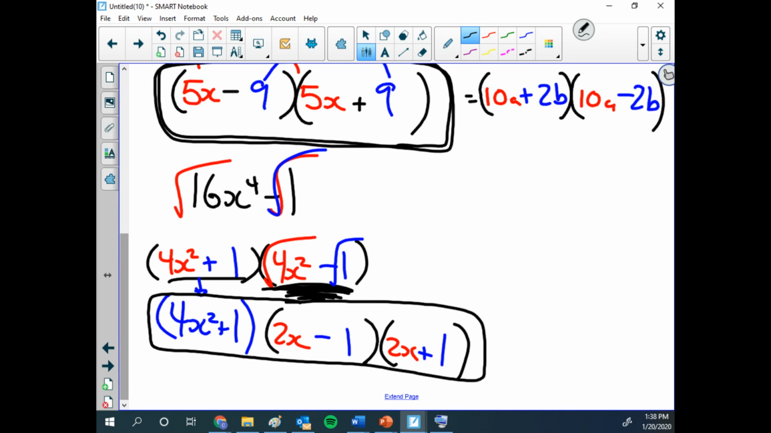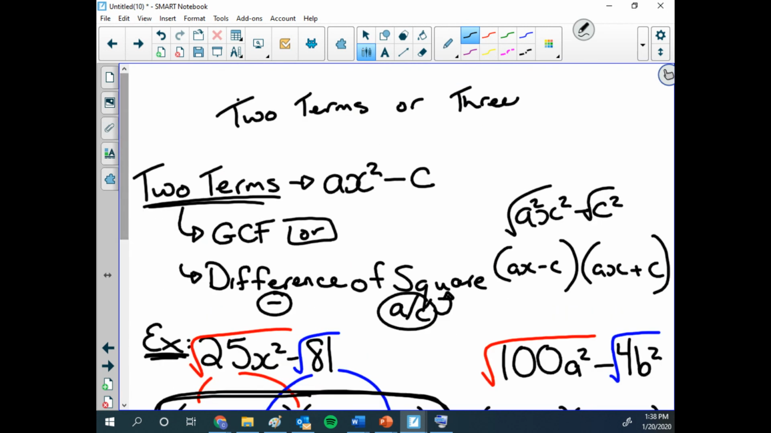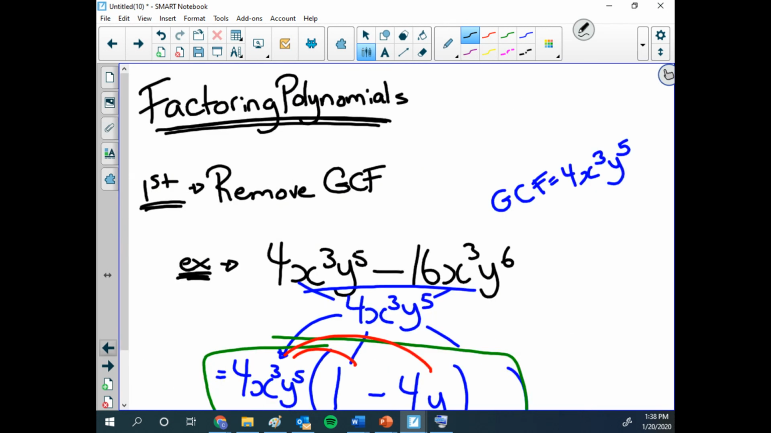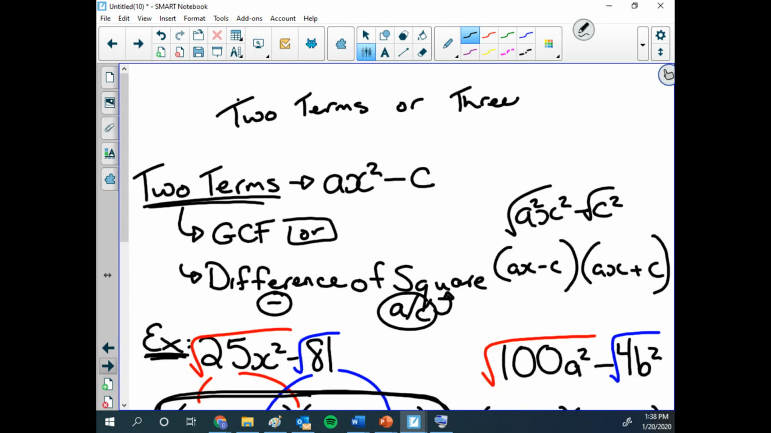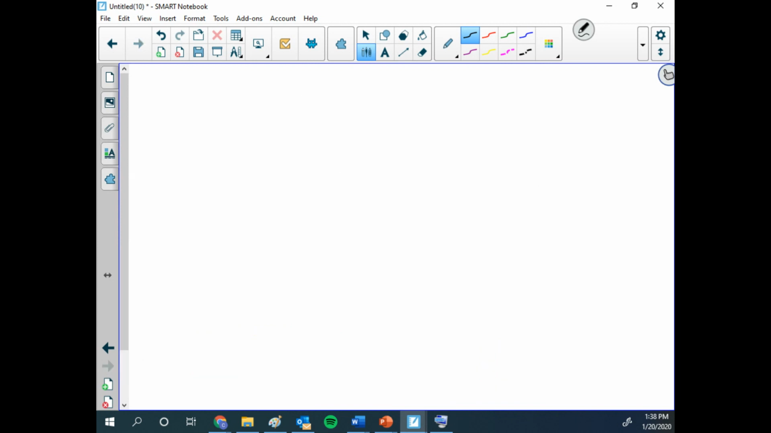Good? Okay. So then we said, all right, so we start off by looking at polynomials, remove a GCF if we have one. Then we say 2 terms or 3 terms. If you have 2 terms, you can do difference of squares. If we have 3 terms, we're looking for, so if I have a 3-term polynomial,